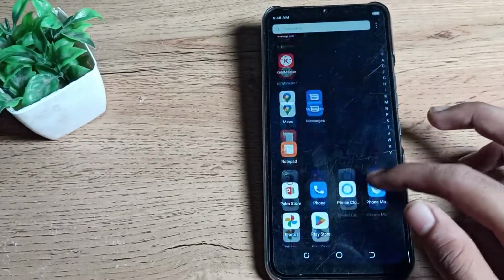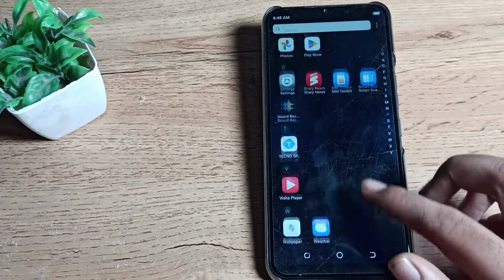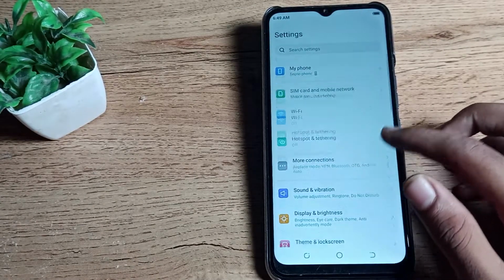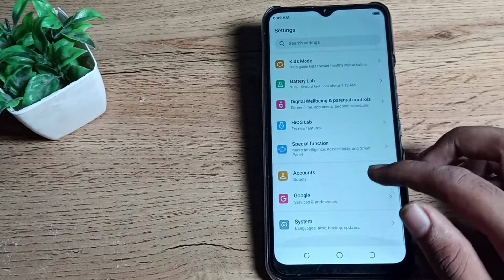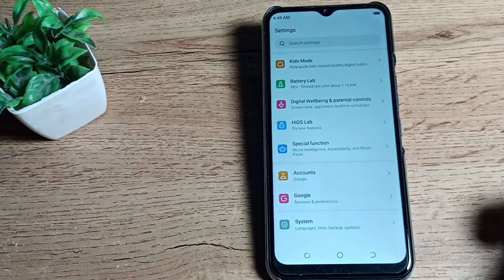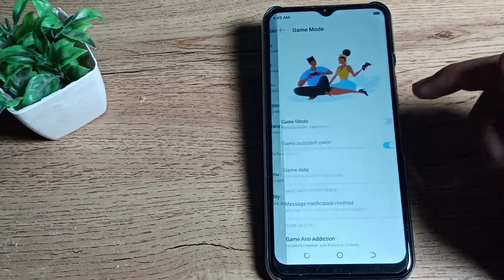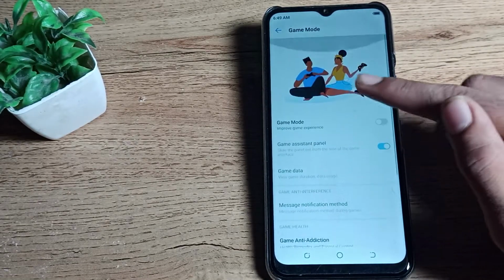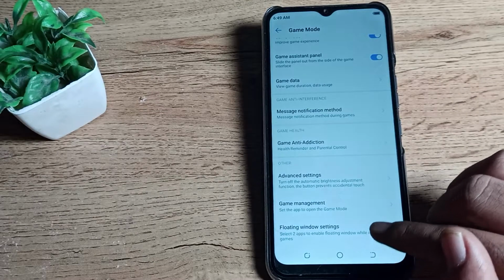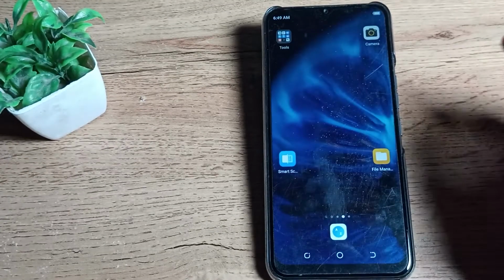So when we open our phone settings, after opening the phone settings I scroll down, and friends, you can see these types of settings. So how can you turn it on? Friends, you can see your special function, tap here, and you can see your second option, game mode setting, tap here. Since you want to turn on your game mode, you can turn it on from here. So your game mode is below, and you can use this game mode setting. So like that, if you want to turn on your game mode in your Tecno phone, you can turn it on